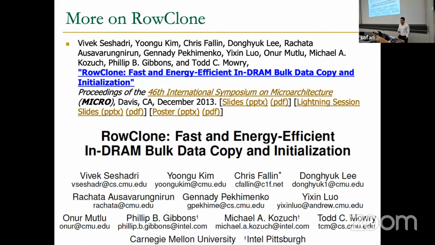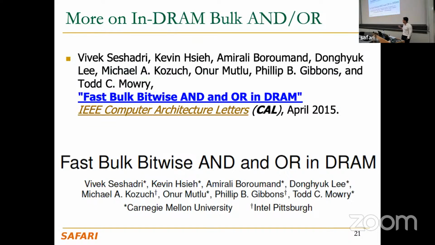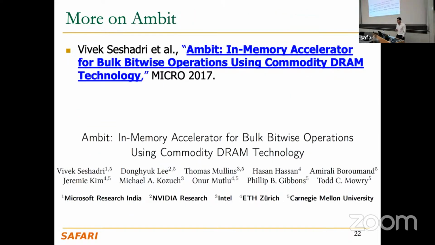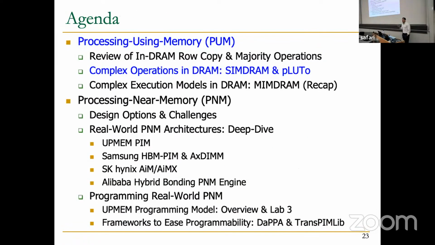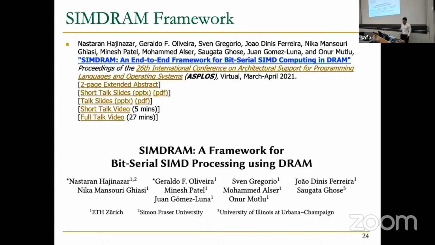And we talk about these RowClone and Ambit papers in detail in the first Memory-Centric lecture. So hopefully you remember those. There were already some homeworks on this subject, but now you're going to elaborate a little bit more on how to improve those processes using DRAM operations by doing some more complex operations using those approaches. And next, I'm going to talk about some of those works, which are part of my PhD thesis.